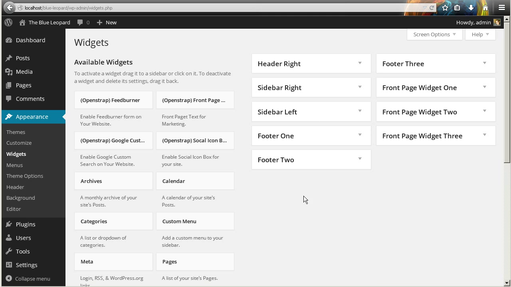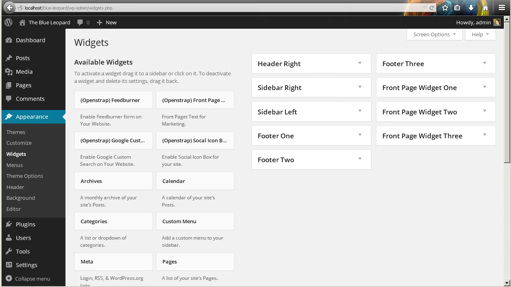areas we have available to us is going to depend heavily on what kind of theme we're using and what different widget areas our theme supports. So this once again is where it's very important to have a theme that allows you to add widgets and different kinds of functionality where you need them to appear. So we have a lot of different options here with our theme, and we want this one right here, sidebar right,